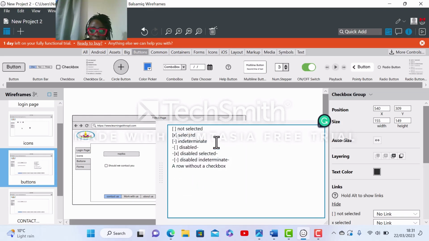So what I like to do with Balsamiq is I edit, just drag down and I edit. I don't like to create it somewhere else and input. I like to edit here. So let's say this is our checkbox. And the first one is let's say okay, you're selecting your age range. If you're between 20 to